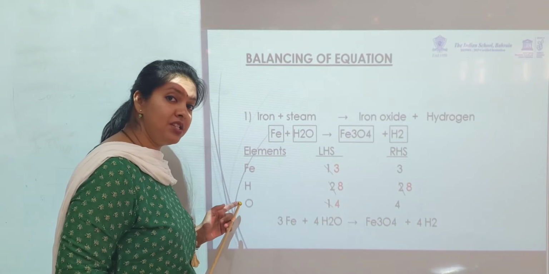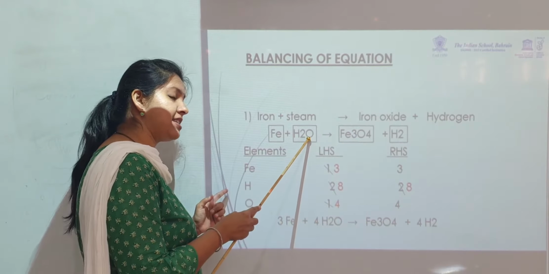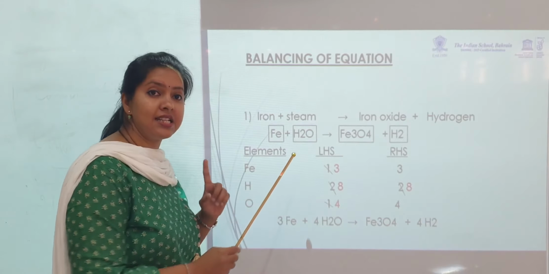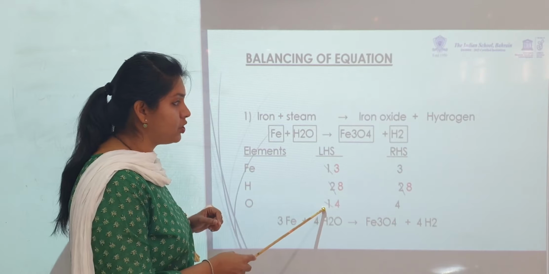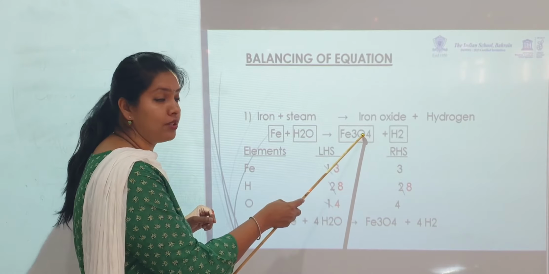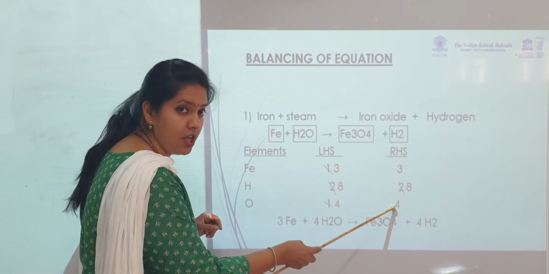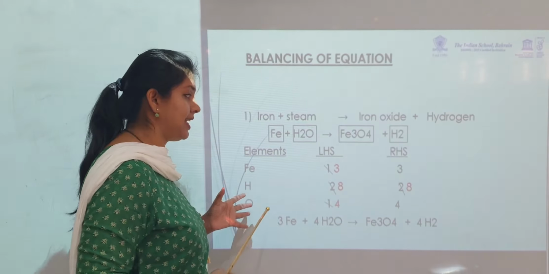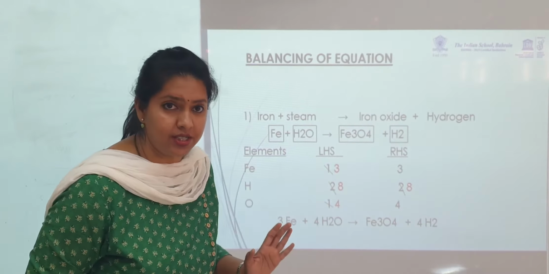The next element, oxygen. Oxygen on the left hand side, only 1. When we don't have any number near it, it is considered as 1. So oxygen is 1. Here oxygen inside the box over here is O4. That means I have 4 atoms. So 4. So my next task is also done. I have listed the elements, counted the number of atoms and written it down.